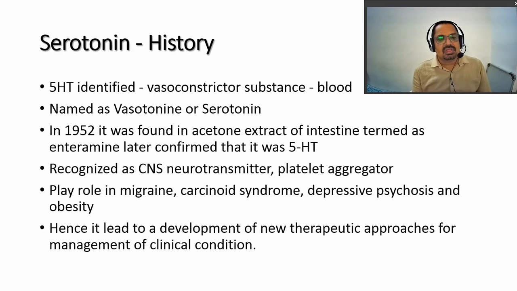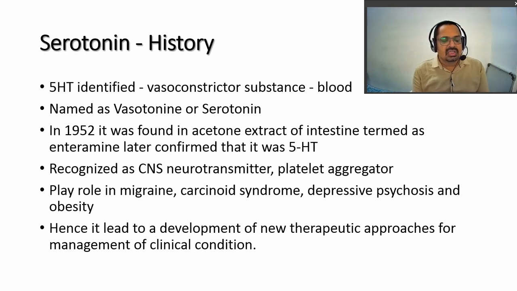As far as serotonin, 5-HT, is concerned, as far as the history is concerned, 5-HT was identified as a vasoconstrictor substance which is present primarily in the blood. It is also known as vasotonin or serotonin. In 1952, it was found that acetone extract of intestine was termed as enteramine. One of the scientists extracted a part of the intestine using acetone, and he found a substance which he named enteramine. But later on, it was confirmed that it is not enteramine; it is just 5-HT, which was